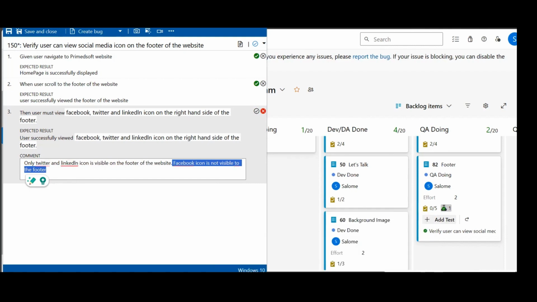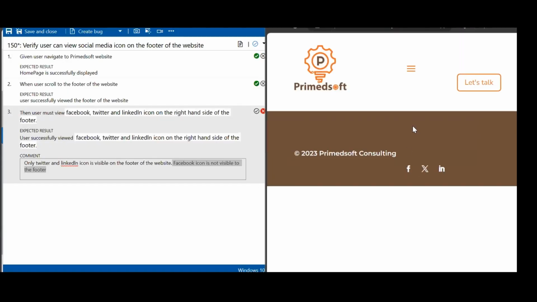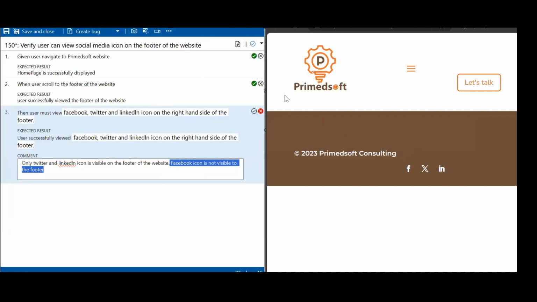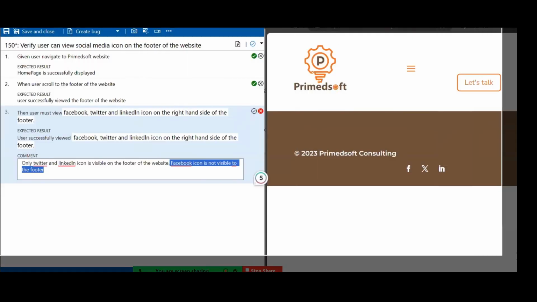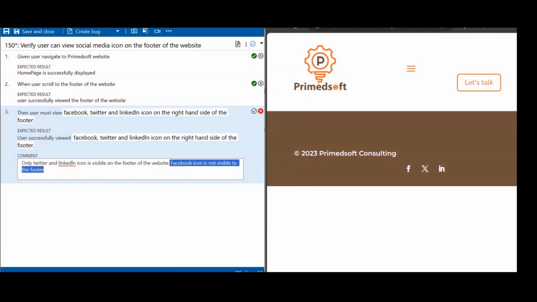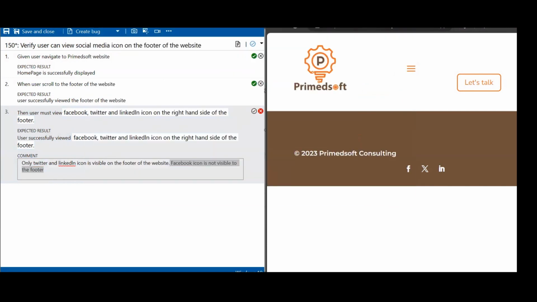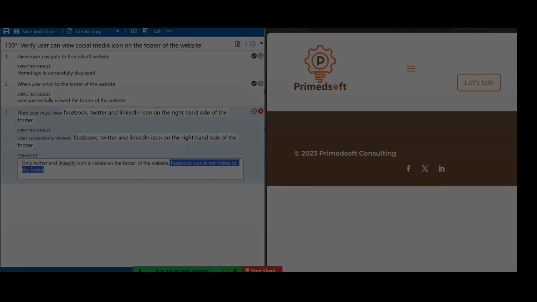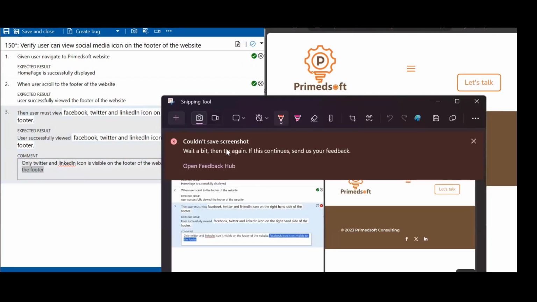So you need to still get the snipping tool, get the website open again, right? You can minimize it. You can always take a full screenshot of the full page. So now we are assuming that we can't find this Facebook, right? So you take screenshots. I'm using a shortcut, sorry. Well, I've told you how to do that. Once you've taken the screenshots,